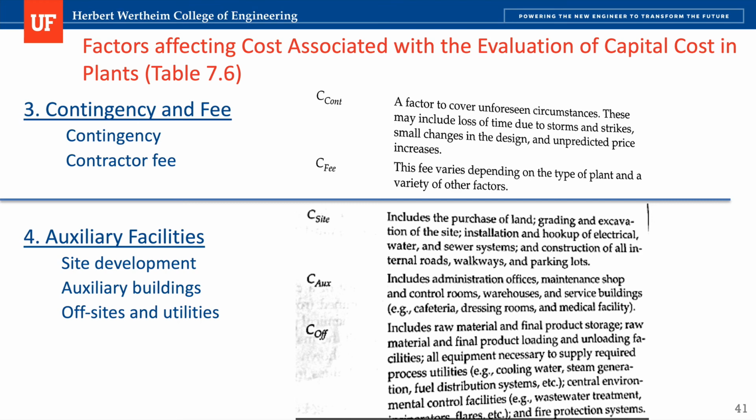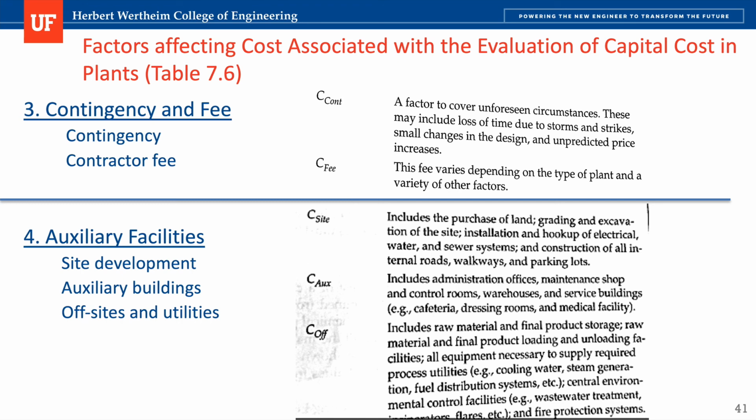In terms of site development, you have purchase of land, grading and excavation of the site, installation and hookup of electrical, water, and sewer systems, and construction of all internal roads, walkways, and parking lots. When you're designing a chemical plant, you need to ask these questions to the people that are asking you to do the design. You need to know what is available, what do you own, are you going to have some raw material available so you can save some money, and all of that will be translated into the economics of the design. Also, ancillary buildings include admin offices, maintenance shop, control rooms, warehouse, and service buildings like cafeteria, dressing rooms,